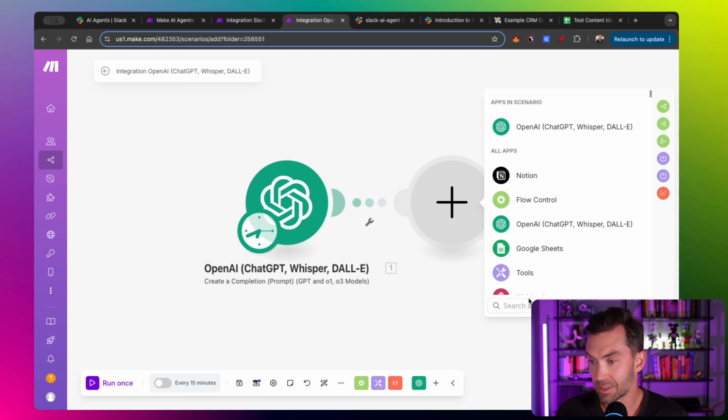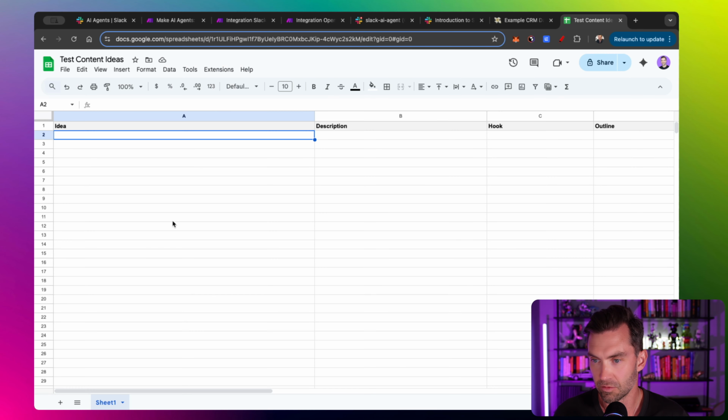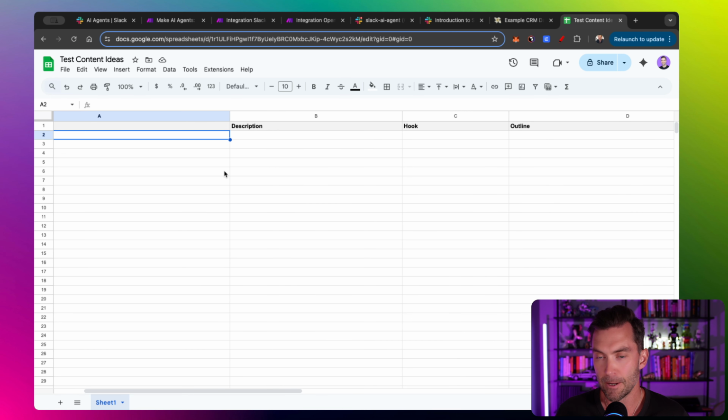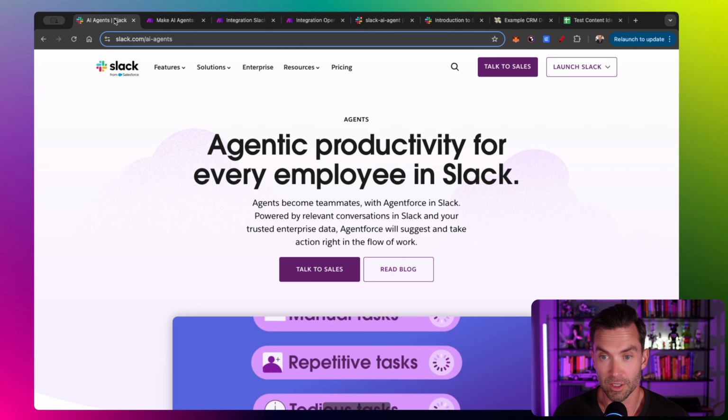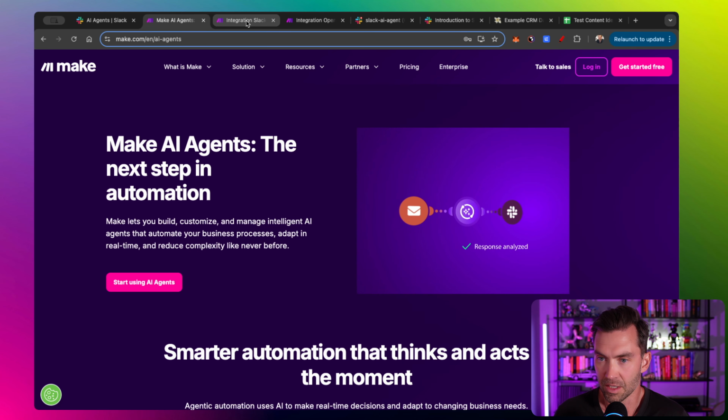The next step is let's send it somewhere. So I have this Google Sheet, which is very basic. I created just for this: idea, description, hook, outline. Again, this is an example. This could be an Airtable. This could be a Notion database, which I'm going to show a Notion database in just a minute. But the idea is,